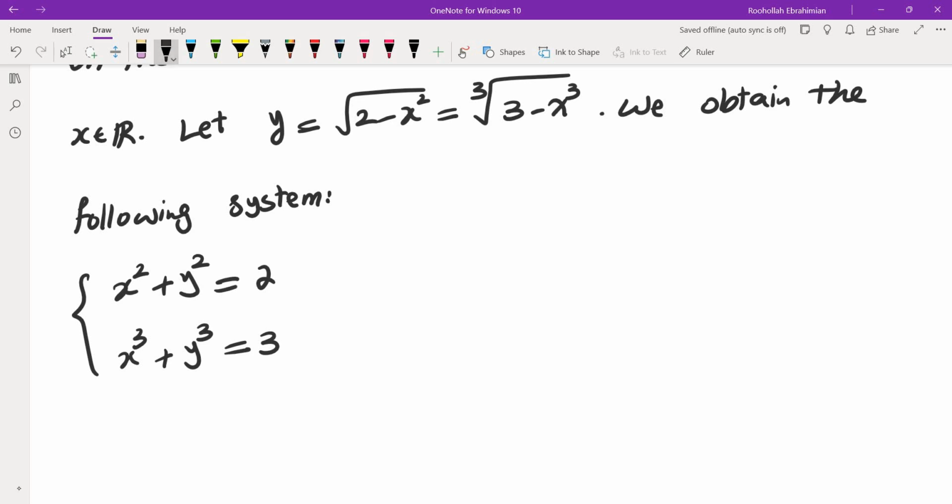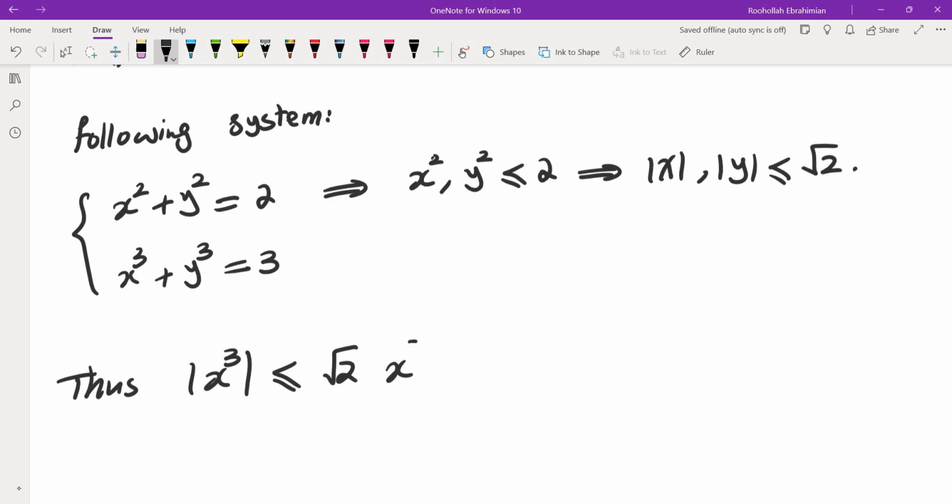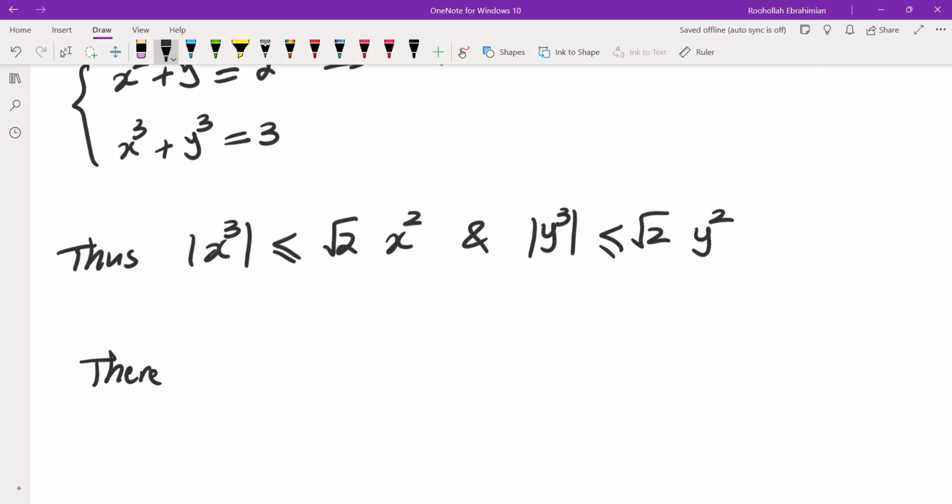The first one tells us that x squared and y squared are both less than or equal to 2, which means absolute value of x and absolute value of y are both less than or equal to root 2. So that means if I take x cubed, that's less than or equal to root 2 times x squared. And if I look at y cubed, that's less than or equal to root 2 times y squared. So that means if I add them up,